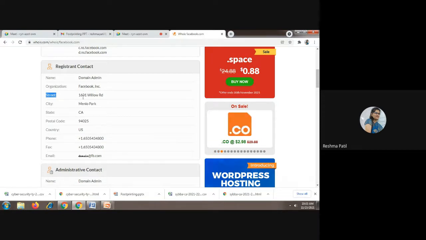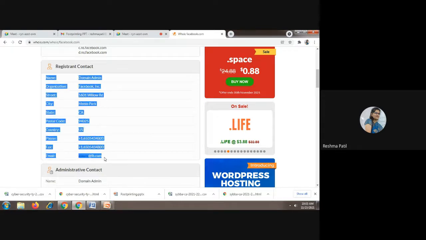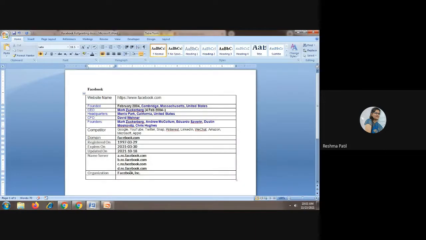Because you know all this information, they will believe you. For that reason we have to collect each and every piece of information about a particular victim. So from here you will get the details about a particular organization, where that organization is located. Got it? Yes, ma'am.